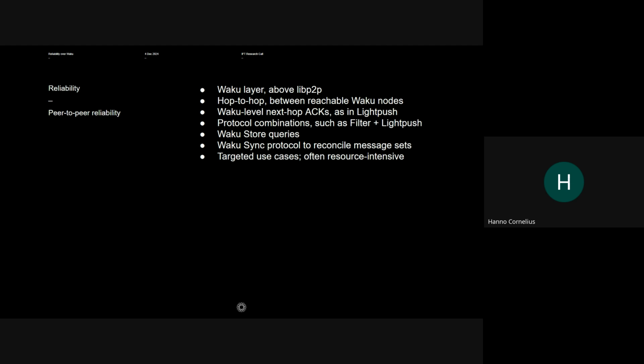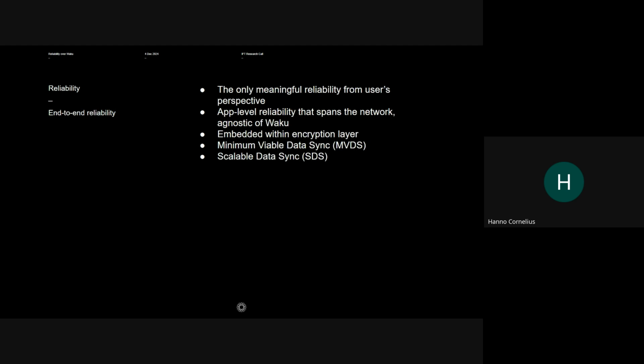But because these are very resource intensive, we don't use this as a main form of reliability, because it still cannot really provide the kind of end-to-end reliability that applications need, which is, as I've mentioned, in some way the only meaningful reliability from a user's perspective. So this is the application with the full knowledge of what messages should go where, which is only interested in this kind of reliability.